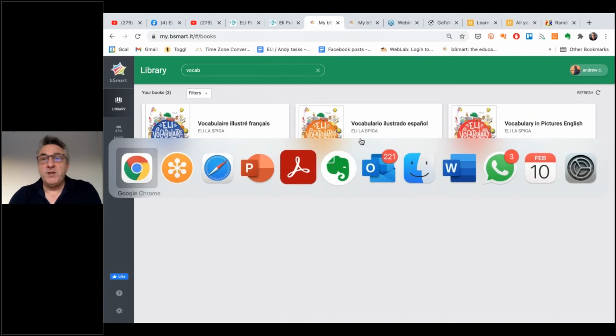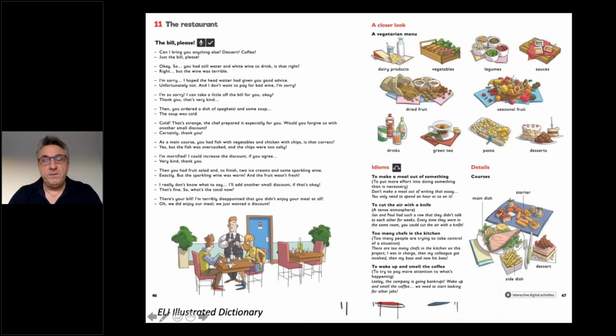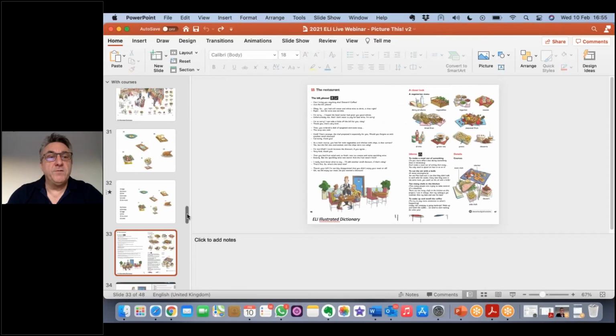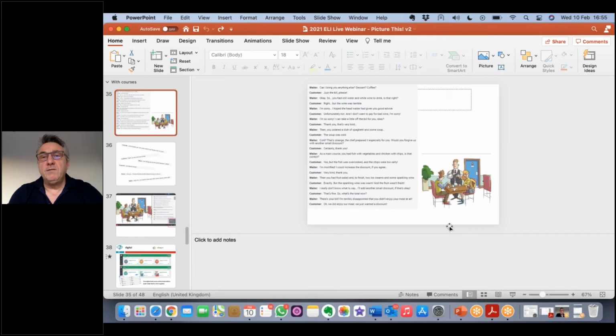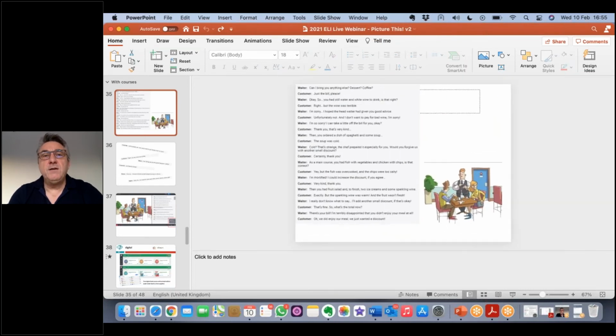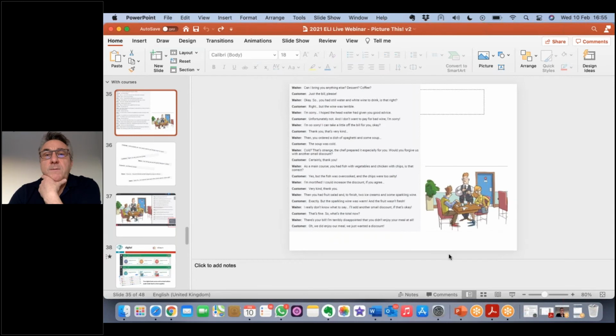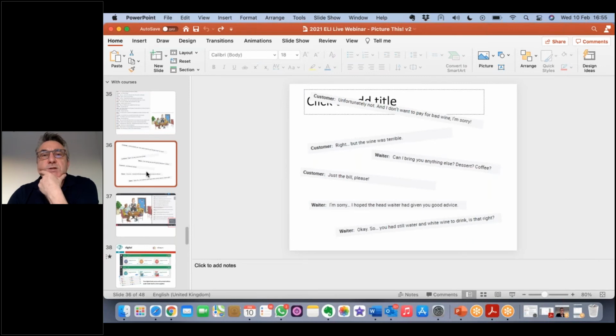And you can be really creative by copying some of the vocabulary items and then working alongside the units of your course book. Here's another idea where I saw the dialogue. You saw that dialogue earlier, and I copied the whole thing, and then I made little sentence strips. So now the students have to work out the correct order as they listen to the conversation. You'll notice I didn't do the whole conversation. That would be too difficult.